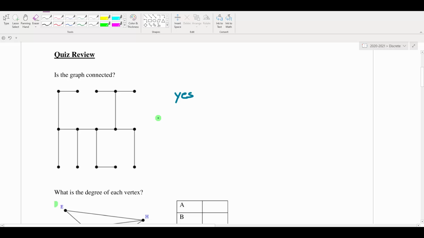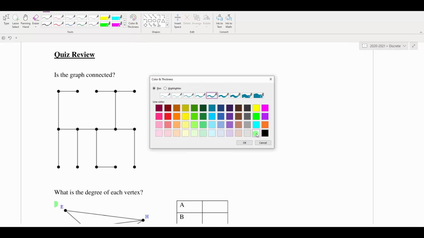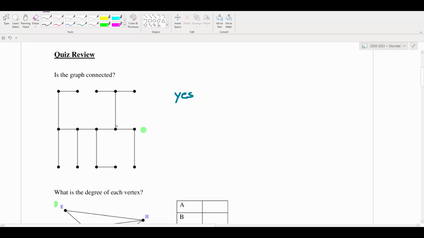If I wanted to disconnect it, let me show you a quick example of something that is disconnected here so you can see the difference. Let's say I deleted this edge right here. That would disconnect the graph. And the reason being is because if I went back to that vertex that I started at, and let's say